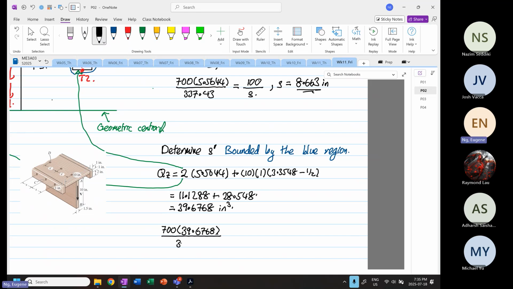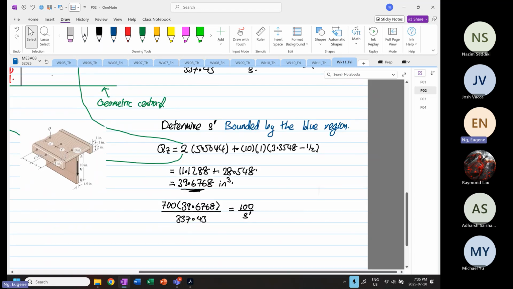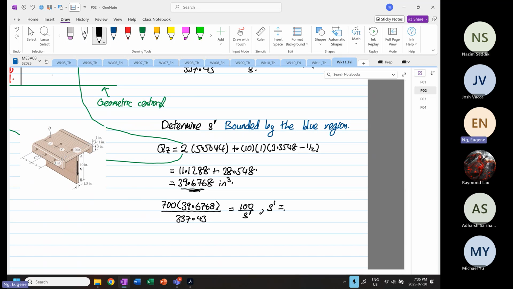Divide by 337.43. And this is equal to 100 divided by S prime. Right, and we know S prime has to be smaller because it's taking more shear flow. Why? Because you have a higher value of first moment of area, right? So from here, your S prime will be equal to 100 times 337.43 divided by 700 divided by